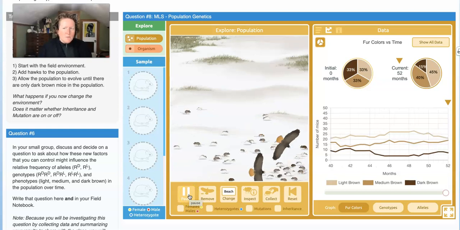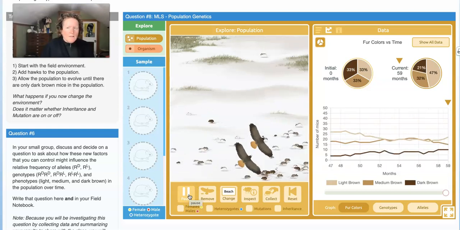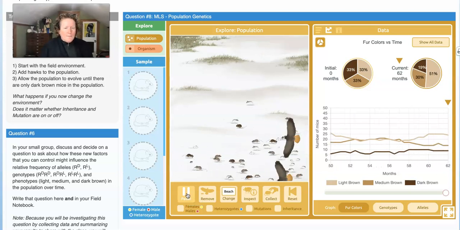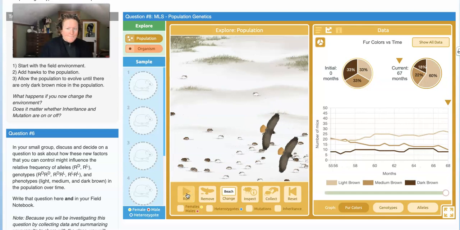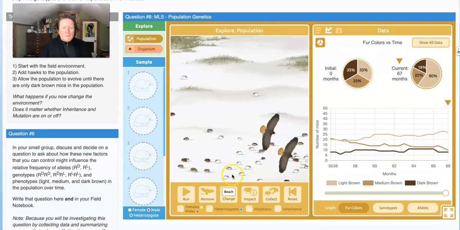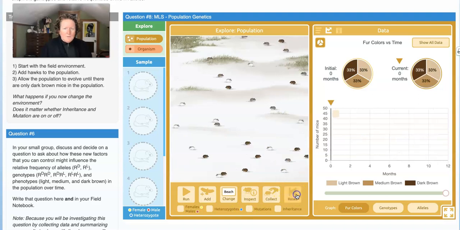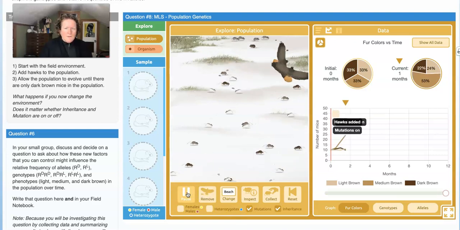Inheritance is a really important part of natural selection. If inheritance isn't at play, it takes a lot longer for natural selection to happen, if it happens at all. You can experiment with turning inheritance back on. I would reset, turn inheritance back on, turn mutation on, add hawks, of course, and run it out, and see